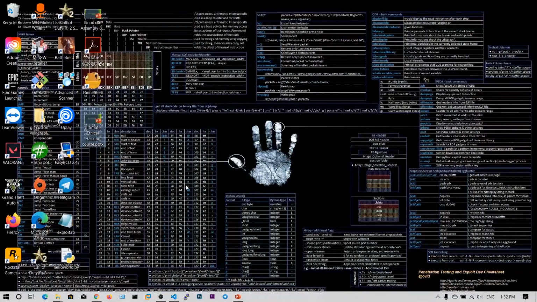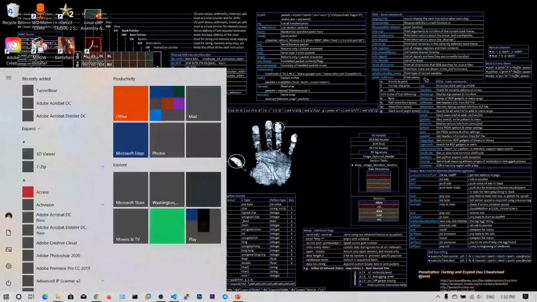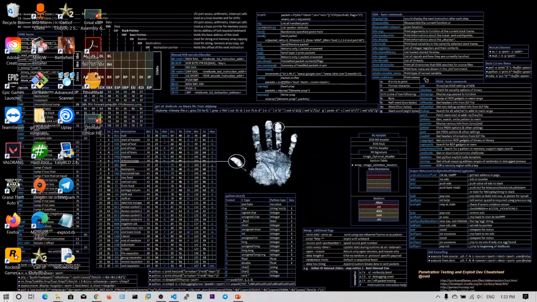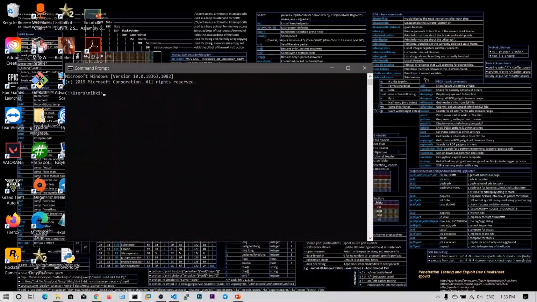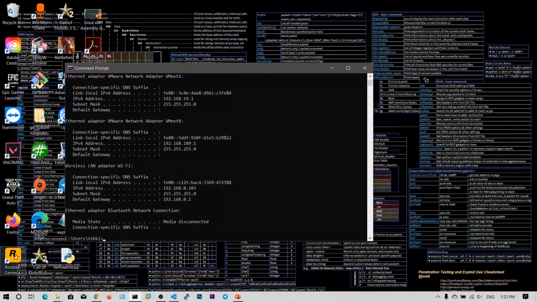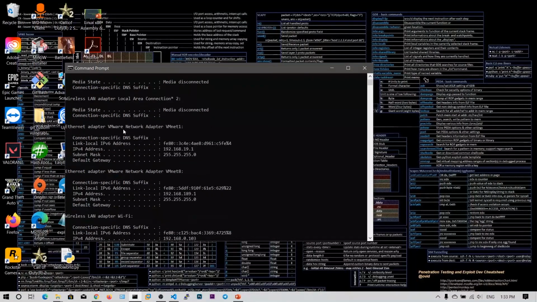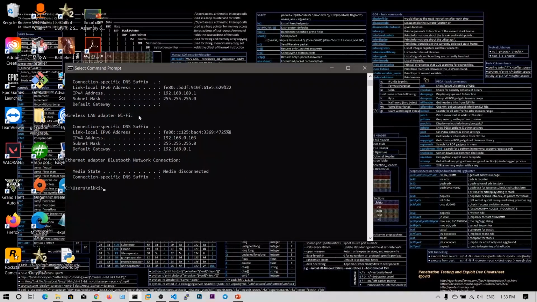One way to find the IP address of your computer on a Windows system is to click on Start and type CMD. CMD stands for command prompt, and what you need to type is ipconfig. If you hit enter, you will get a long list of adapters, which I have created in my virtual machine, VMware Workstation. Don't worry about all this.